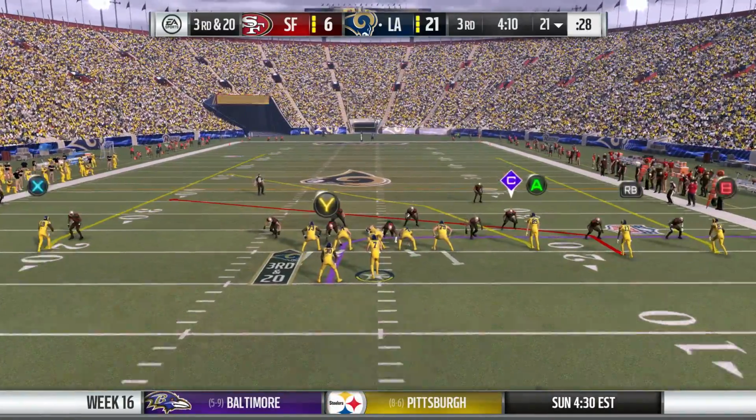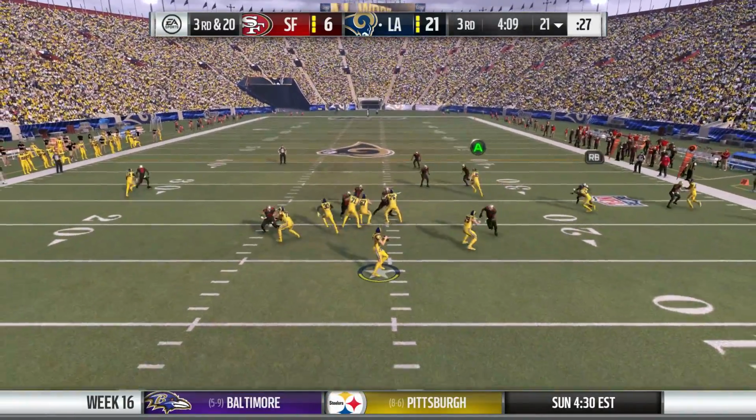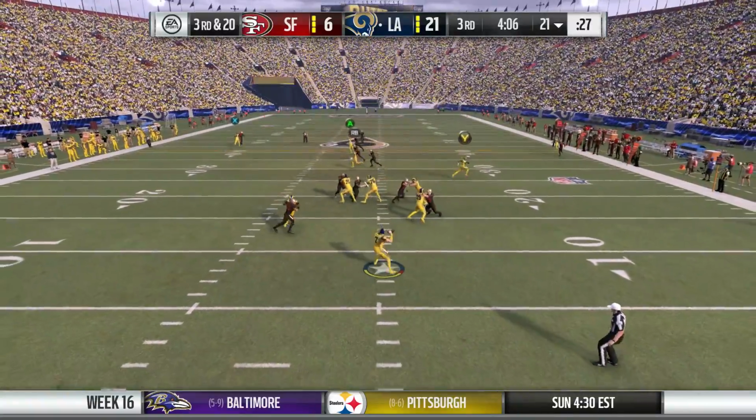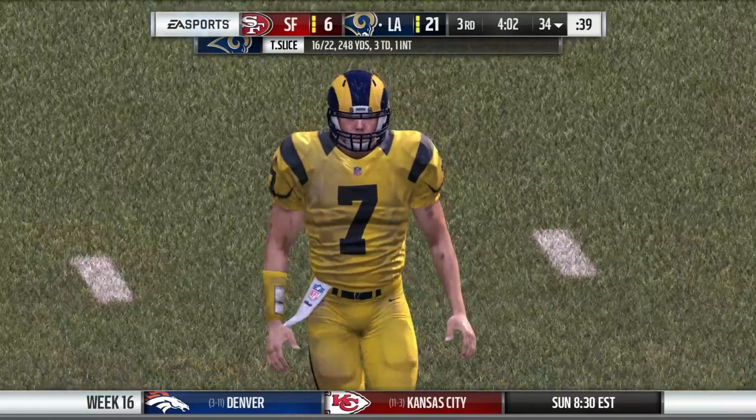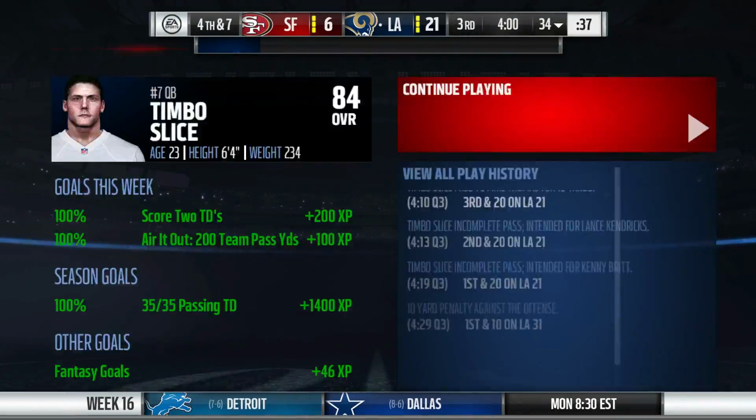So 3rd and 20, defense in the nickel. Surprised they didn't go with 6 DBs, the dime look. He throws and he hits the slant route to Thomas. It'll be a pickup of 13 on the...